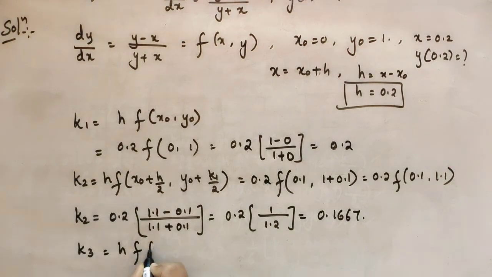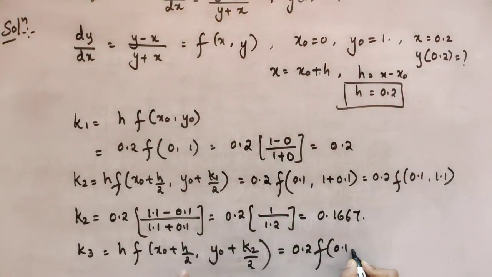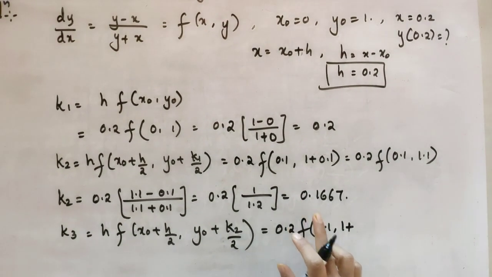It is h times f of x naught plus h divided by 2, y naught plus K2 by 2. Now let us substitute the values. x naught is 0, h is 0.2, divided by 2 becomes 0.1, and 0 plus 0.1 is again 0.1. Similarly, here y naught is 1 plus K2 by 2, so K2 by 2 is